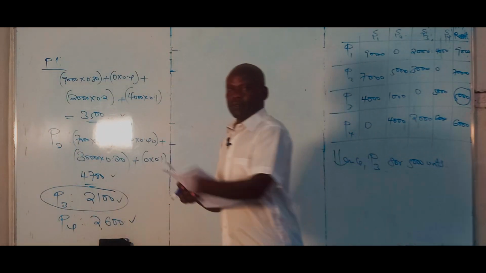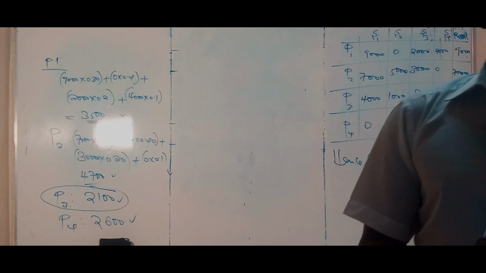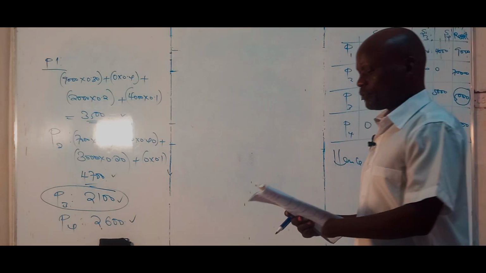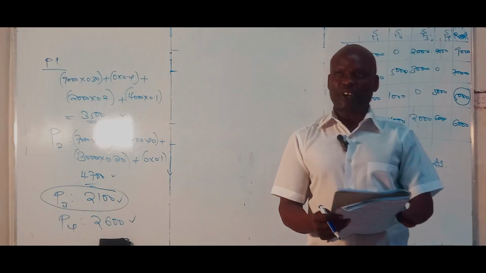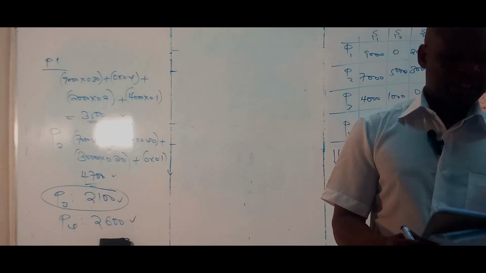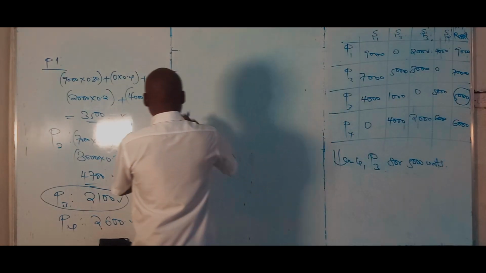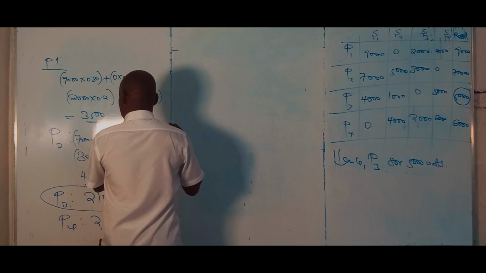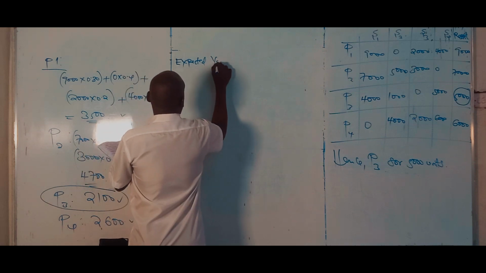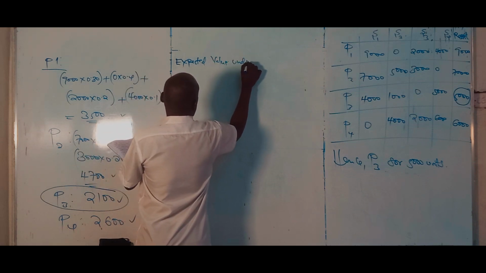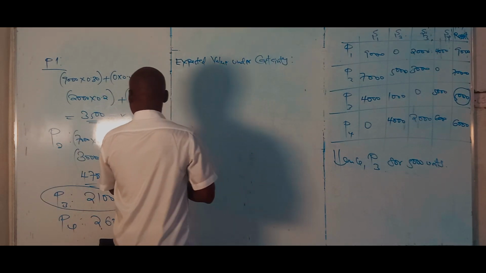What we need to do here, expected value of perfect information, that is EVPI, is the difference between the expected value under certainty, that is with perfect information, and the expected value without perfect information, that is using the best decision based on expected values. So expected value under certainty, we'll be having